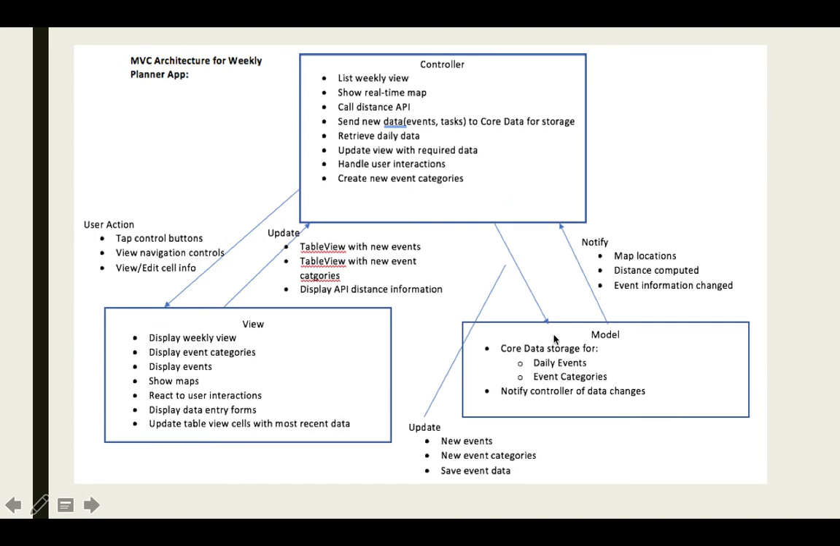This is the MVC architecture diagram. Pretty standard. We have the model, which holds the core data storage for the daily event, the events, and then the categories. Then this communicates with the controller,